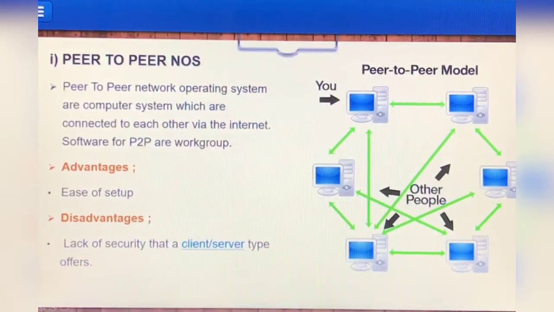Peer-to-peer network operating system are computer systems which are connected to each other via the internet software for P2P workgroup. Okay, advantage for peer-to-peer is ease of setup. Okay, disadvantage, lack of security that a client server type offer.